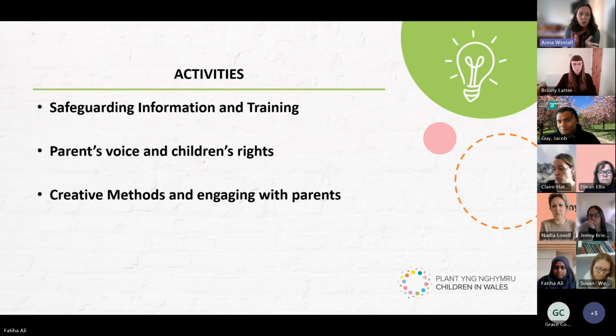Okay, the last group then, there's only one group that was looking at this. They had the same scenario, the activity was thinking about how they can use a range of different methods to engage with parents. So a bit like what we just touched on, surveys don't work for everybody, but there's a number of methods that we've included in the toolkit, which are more creative ones that could be more useful in some situations to encourage parents to get involved.